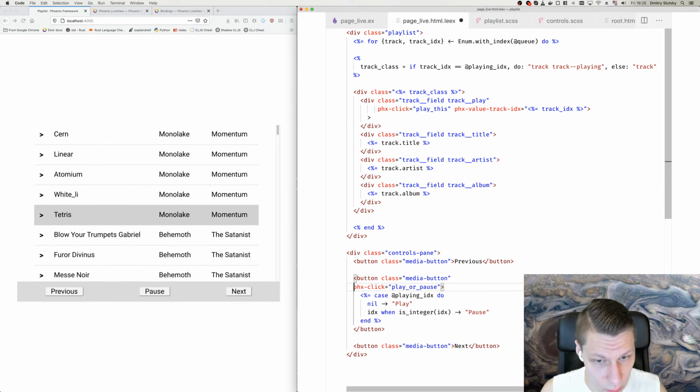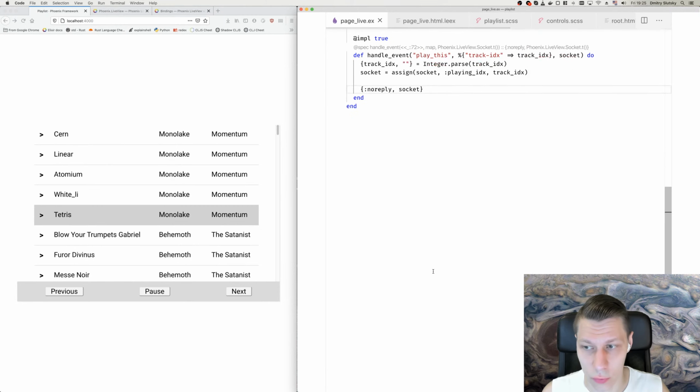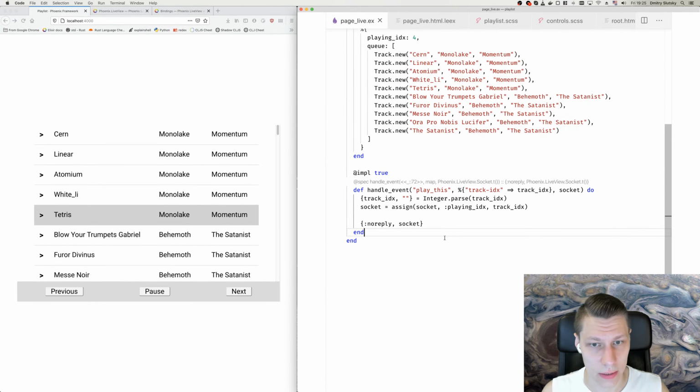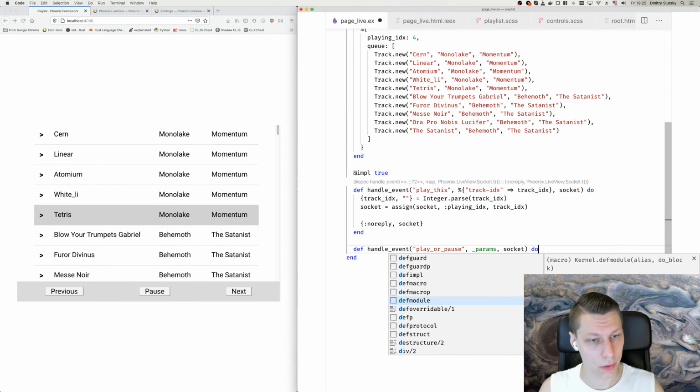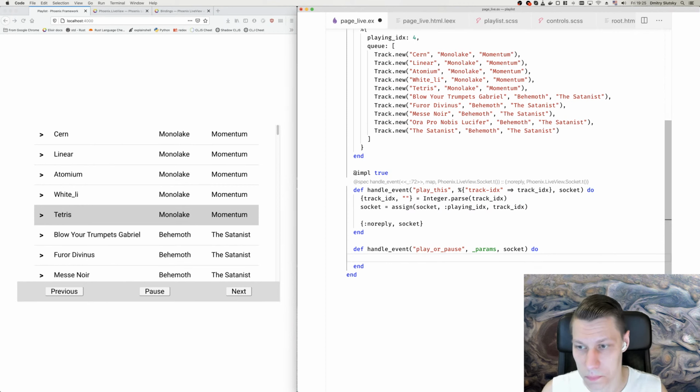And just to visually show that there is some event, I always put it on the next line after all the classes and stuff. So now when we press on this button, we should be able to change our state, right? So we can say handle event, we will do play or pause. We really don't care about that. We get socket, and then we get